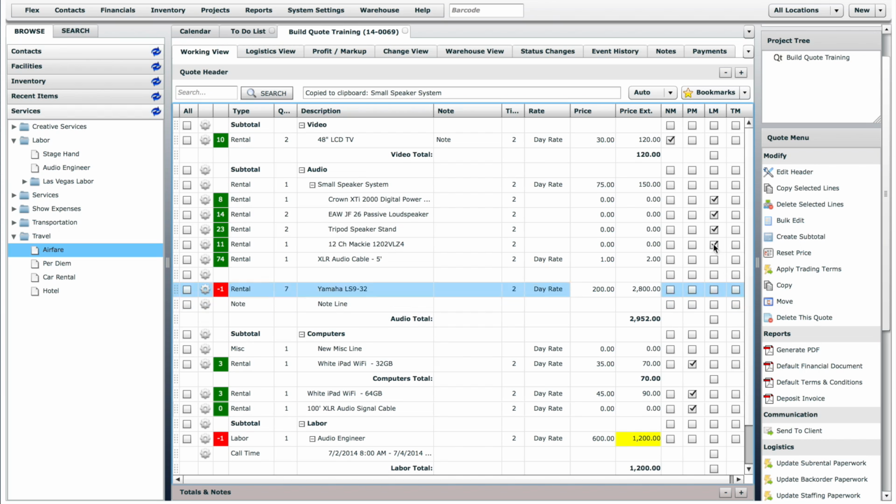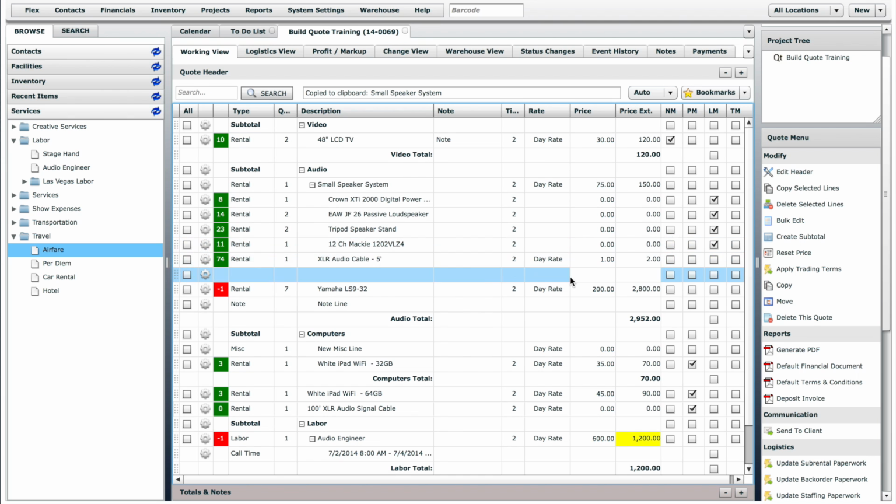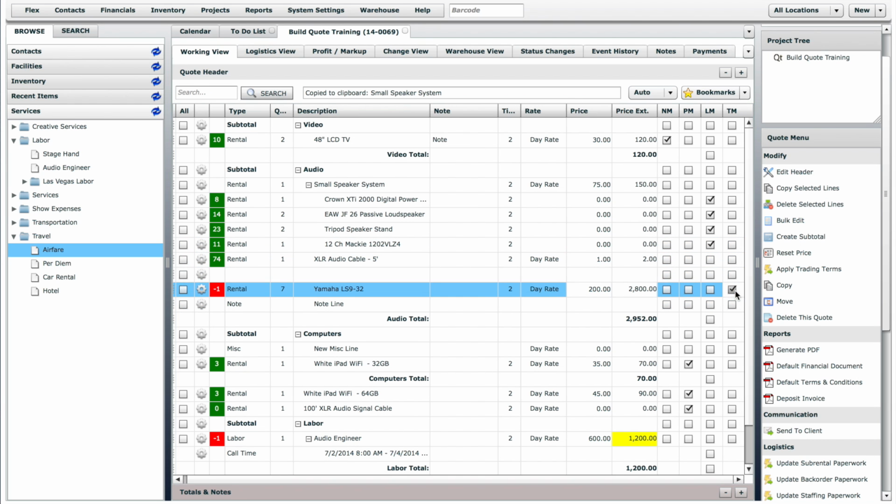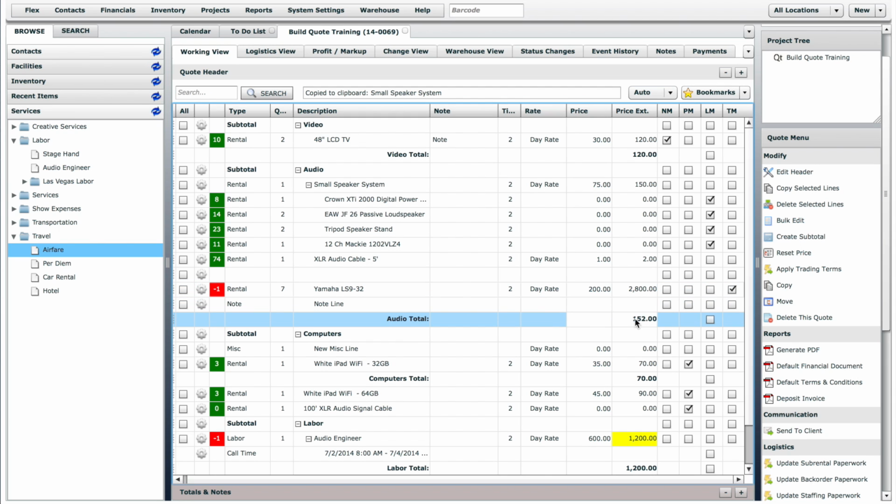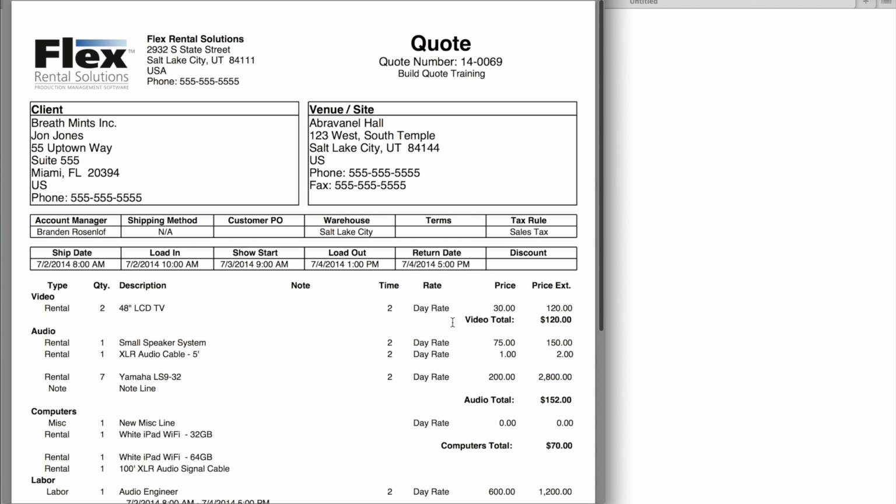The next box is to line mute the item. This means that the entire line item will not show on the PDF copy, but will still be included in the total price. And the last box is to total mute the item. This means that the item will not be included in the total price, but the item price will still be visible for reference. So if we generate a PDF, we can see that the note muted line does not show the note,